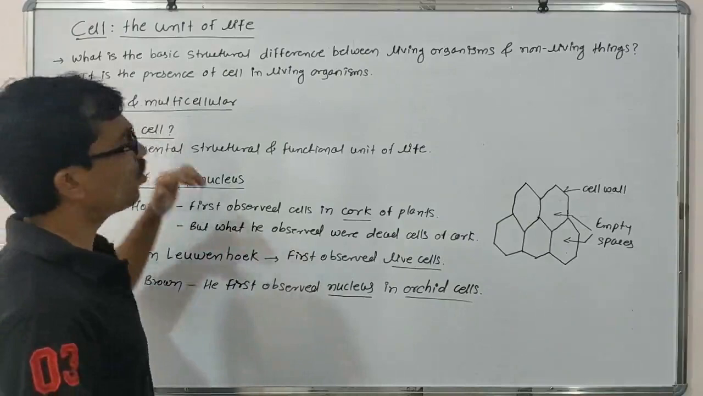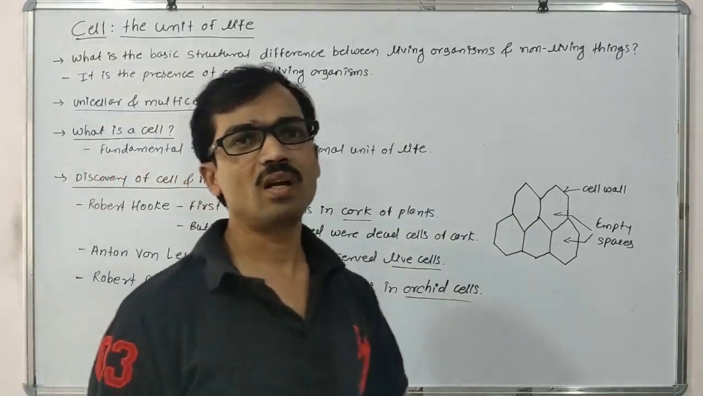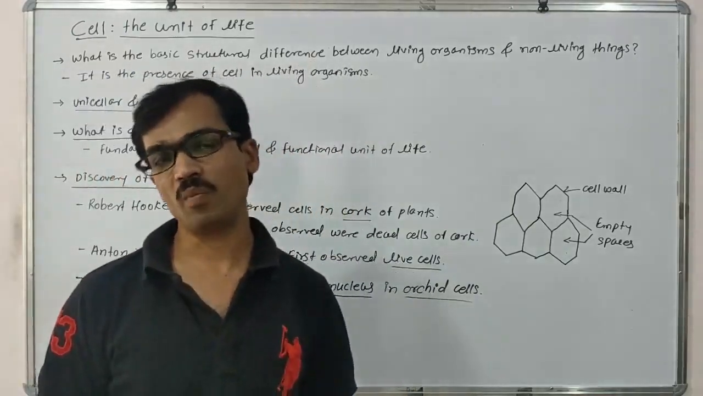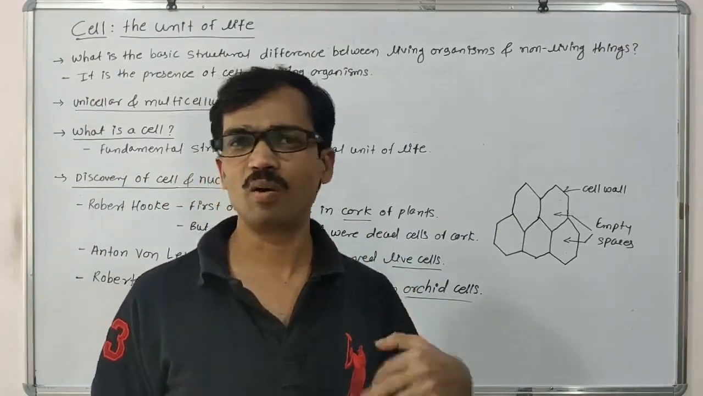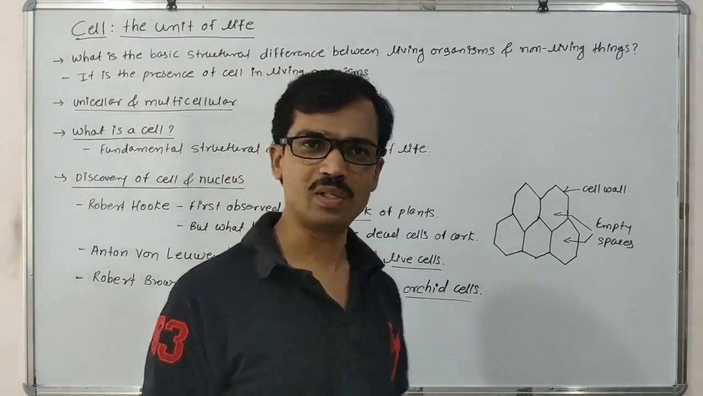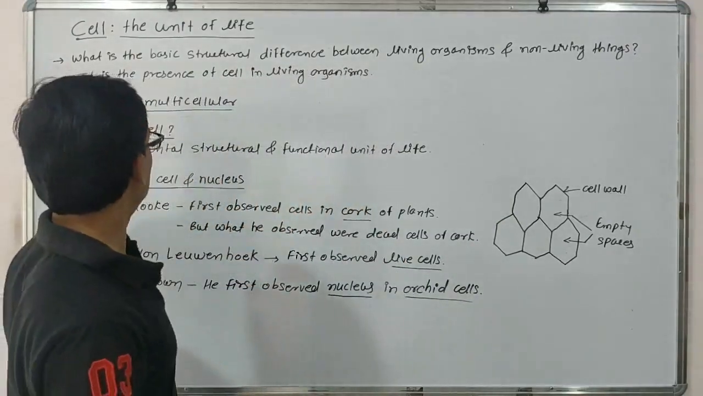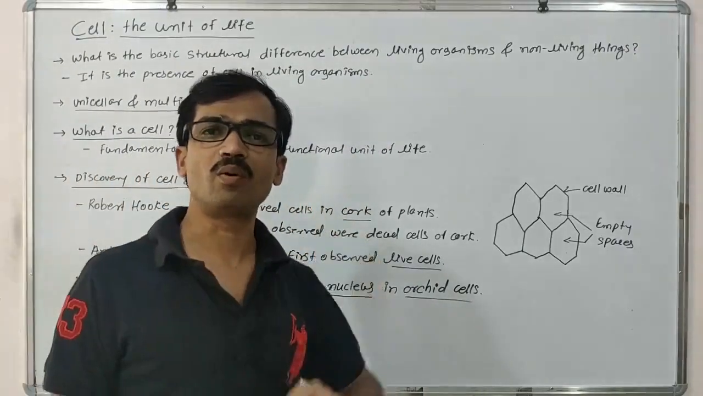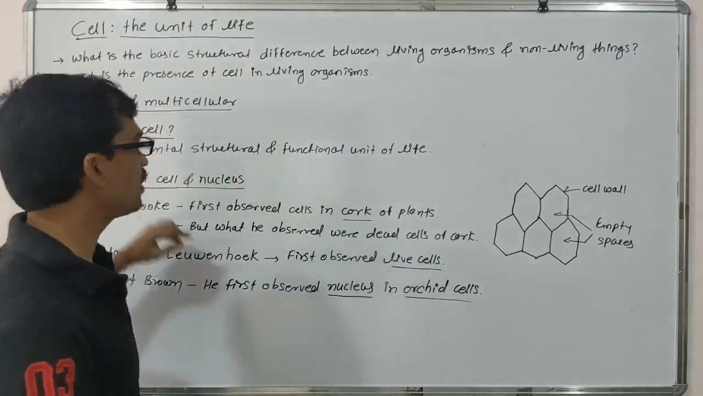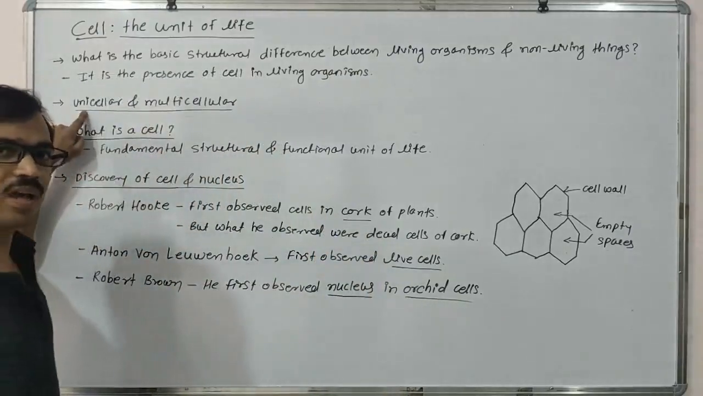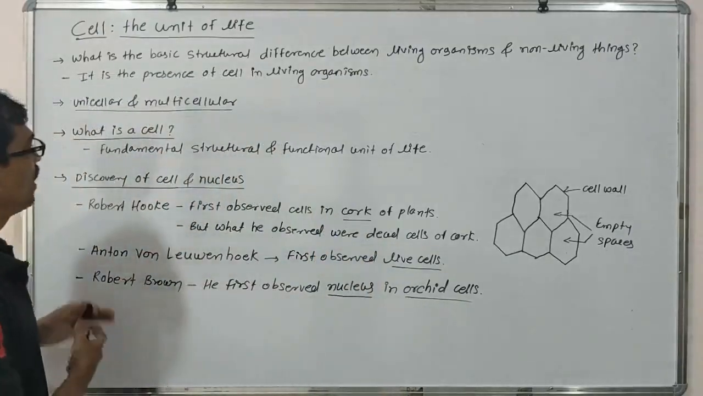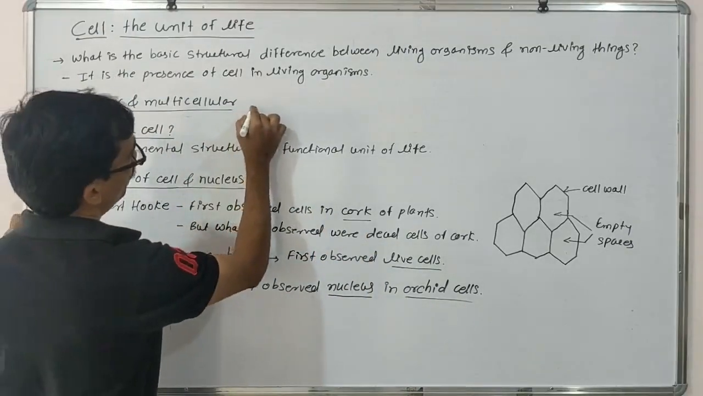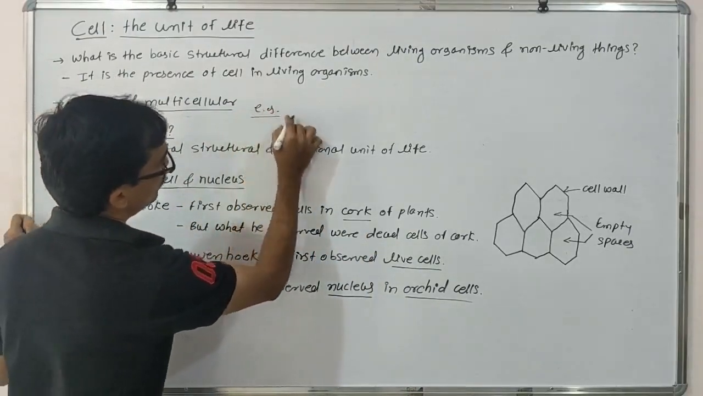Okay, now the organisms which are cellular, they may be made up of a single cell or they may be made up of multiple cells. So there are a hell lot of examples of organisms which are made up of only one cell, and such type of organisms are called unicellular organisms. And the examples of unicellular organisms